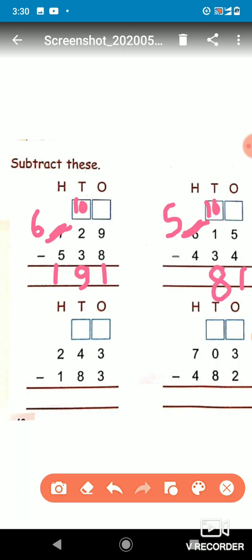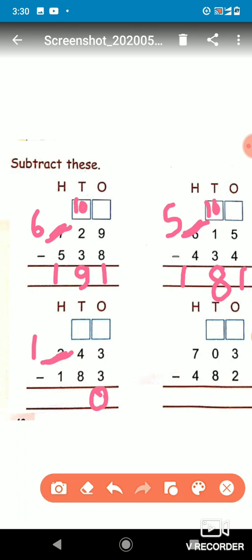Is it clear? Now here 5 is there and we have to subtract 4 from the 5, so it will become 1. Now again let's see here 3 is there, we have to subtract 3 minus 3, we will get 0. Now let's see here 4 is there and we have to subtract 8 from the 4, so again we can't subtract, so again we will borrow the number from the 100 place, that is 2,